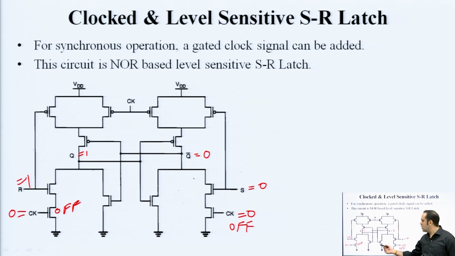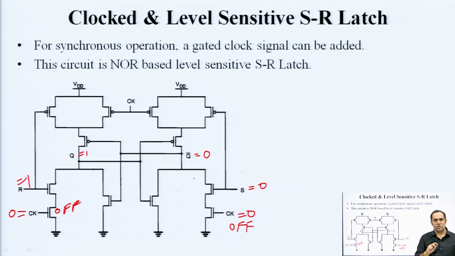So when clock is at logic 0, this NMOS is off, this NMOS is off. Suppose before the clock going 0, Q was 1 and Q bar was 0. Now Q will not find a path to discharge. Q bar will not find a path to charge. So even if your S is 0, R is 1, as per the truth table your Q should go 0 and Q bar should go 1,